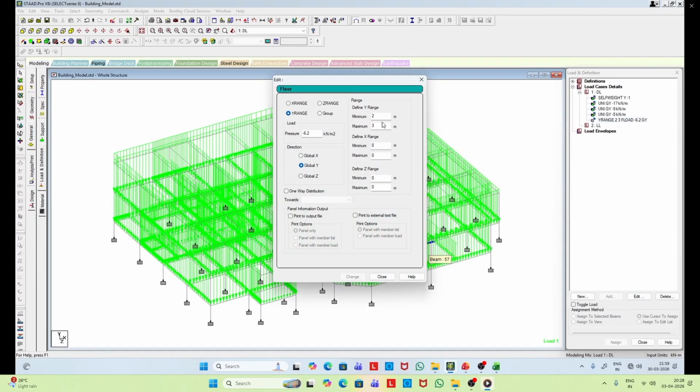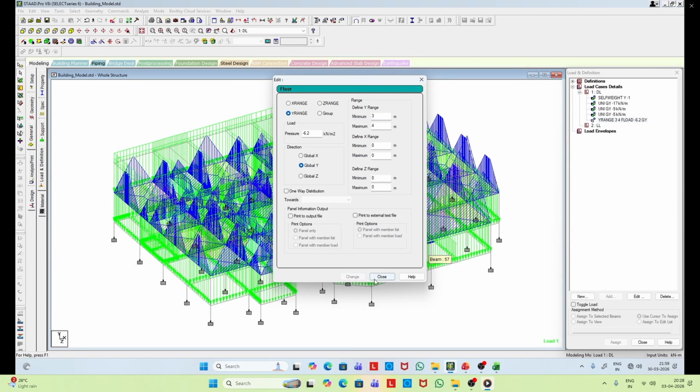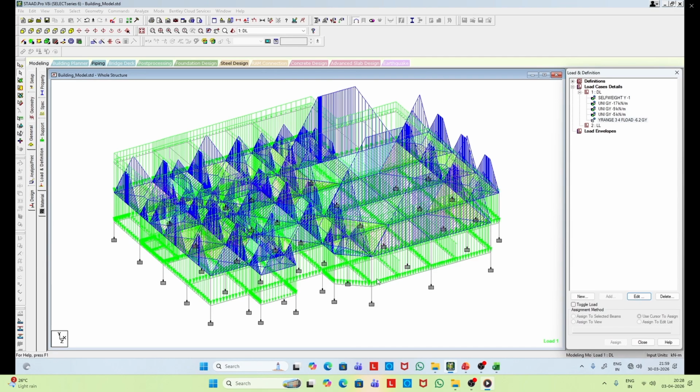The range should be 3 to 4. Slab height is 4 meters. Now you can see the load is applied. The point to be noted here, you can see depending upon one way or two-way slab, the loads are distributed accordingly.